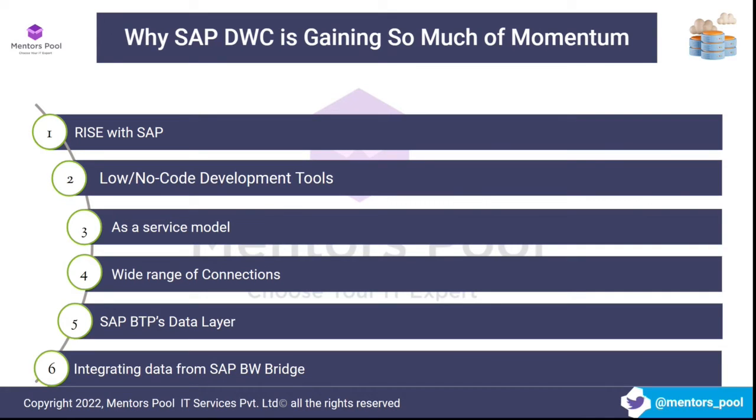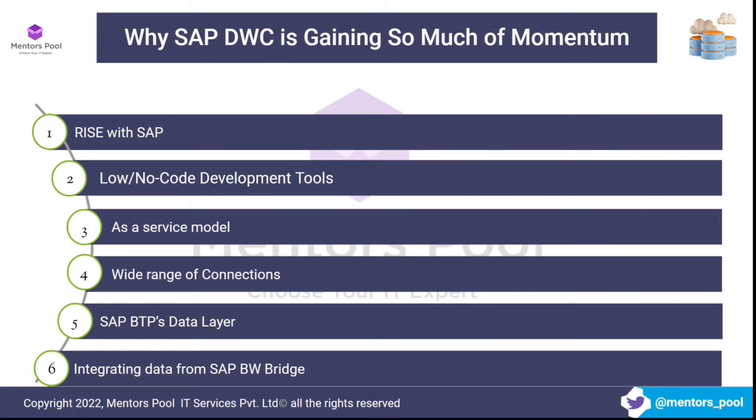So the customers don't have to necessarily buy the data warehouse cloud licensing and then start implementation. If they had this Rise with SAP deal where the data warehouse cloud was handed over to them as a bundle for free for 1 year, 3 years, or 5 years, something like that, then that opens up the door for a lot of customers coming into the product, right?